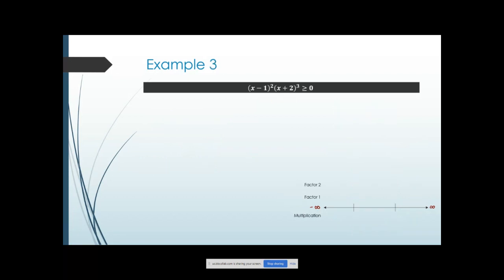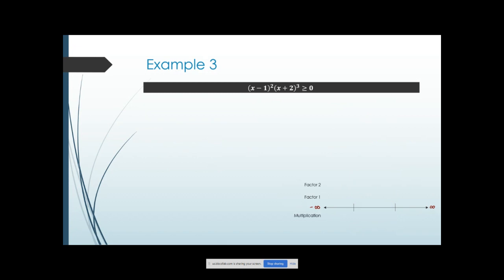Let's take a look at another example. So, Caliph, you had your question, what happens if you have more than 2? So here we have x minus 1 squared, which gives us 2 factors, and then x plus 2 cubed, which is 3 factors. So this would give us 5 different factors. And so you would have 5 things written. Now, I actually only have 2 on my chart because they're repeated. So if I wrote this, instead of using them with the exponents, this would be,